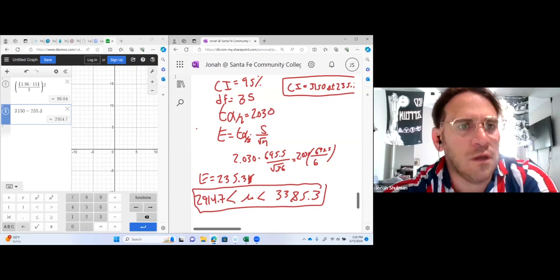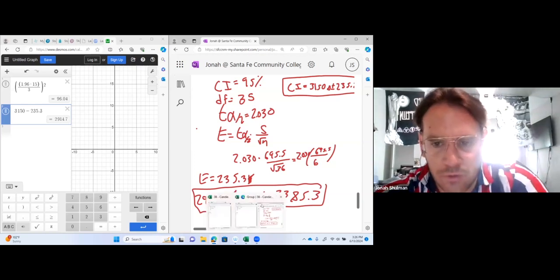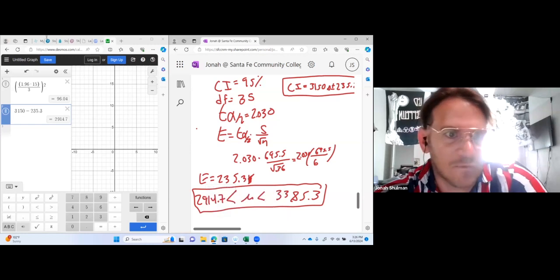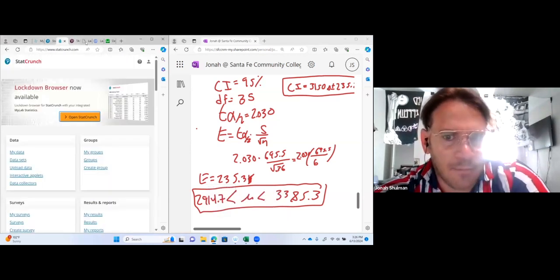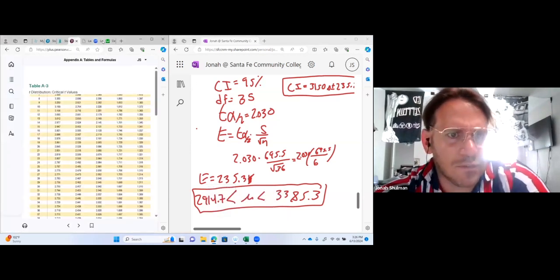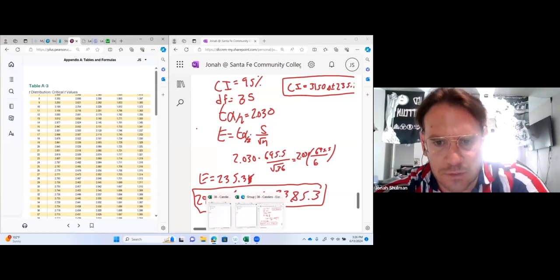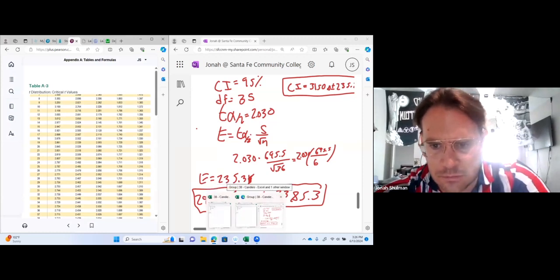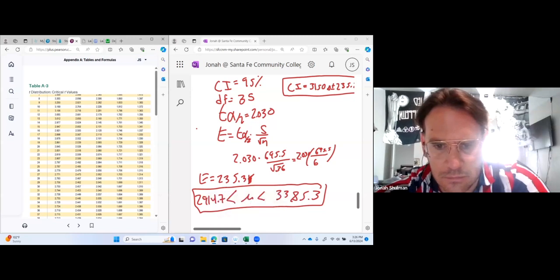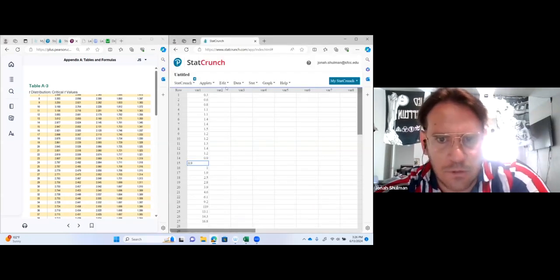That's the answer. Now let's let StatCrunch do the whole thing for us, right? Because it should be able to do everything for us and we shouldn't have to use our brains at all. This is why it works, okay? This is why it all kind of works for us. You don't even have to do the table. All right, so